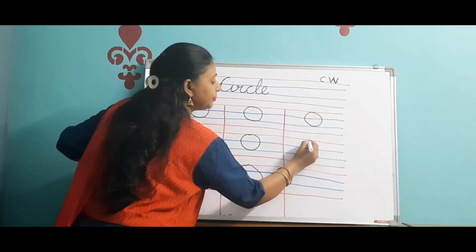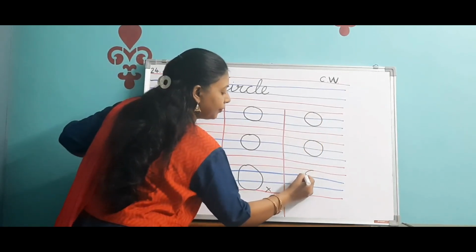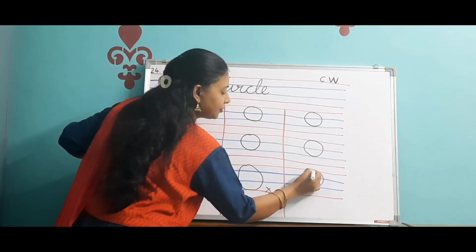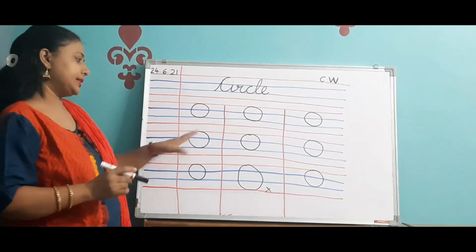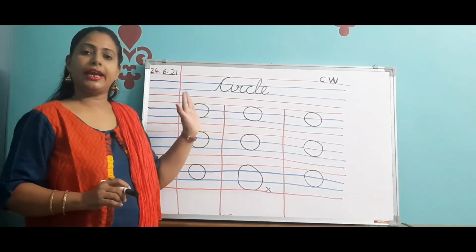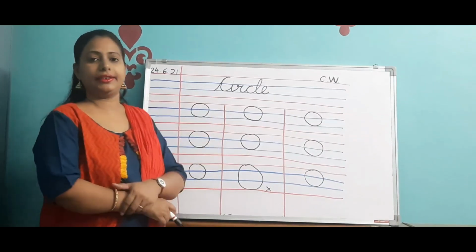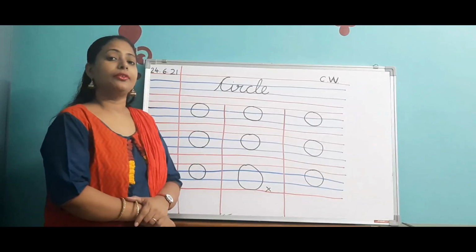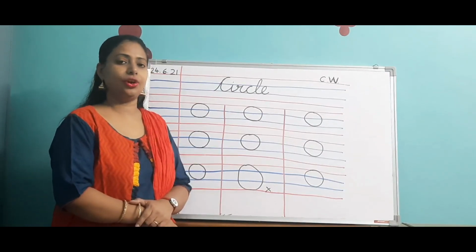Watch. Within these first 3 lines you are going to make this circle. Okay? This is the way we write circle in the English lines. In the 4 lines we write this circle in this manner. So very carefully you are going to write, and neatly you are going to write in your copies.